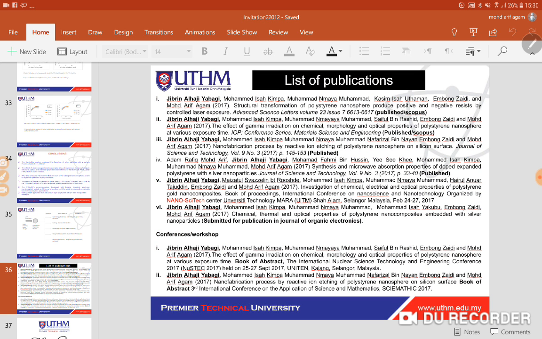This is part of the published paper. The work done here is mostly by Jibrin Al-Haji Yabagi from Nigeria, and the wastewater work is done by Begna de Cruz. And